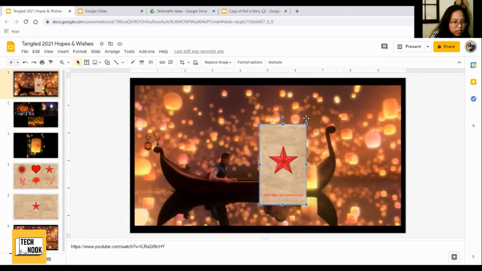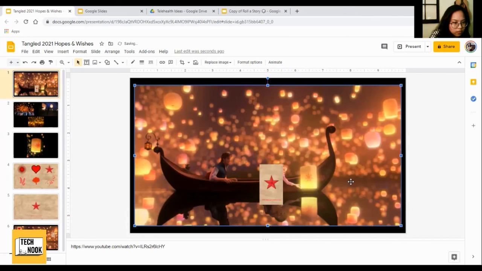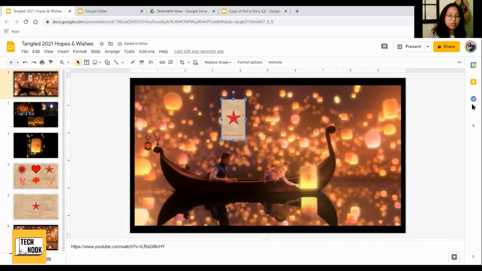So to make it even smaller, to look like it's floating, you're gonna hover over the top right corner or whatever corner, top left, and you're gonna make it smaller by clicking and holding and making it until the size you want. And then you can just click it and drag it. And now it looks like you have a lantern floating in the sky. So basically, this idea is taking the physical act of creating a lantern, which you could actually do in session if you were in person, and just making it digital.